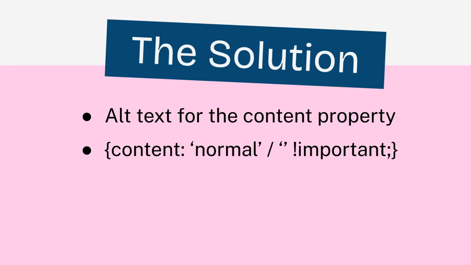So what can be done? The answer is to apply alt text to these icons using the same CSS content property that is used to create them. Within the value of the content property, the first parameter is the normal version of the content. To add an alternative version, add a / after the first parameter, and then a second parameter. In this case, just empty quotes to signify that nothing should be announced.